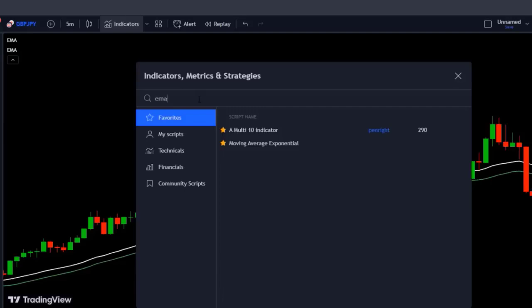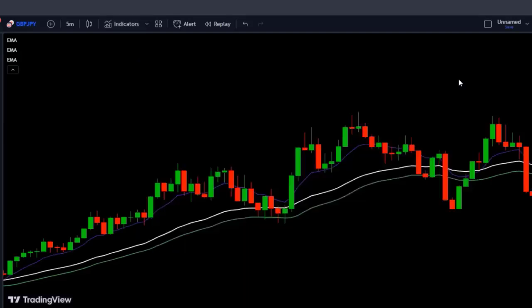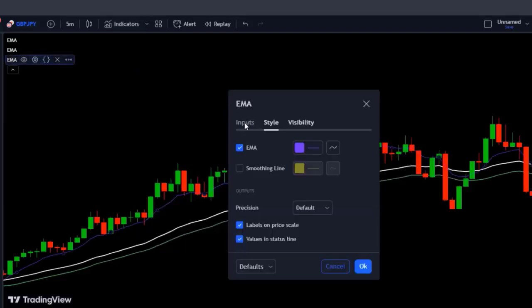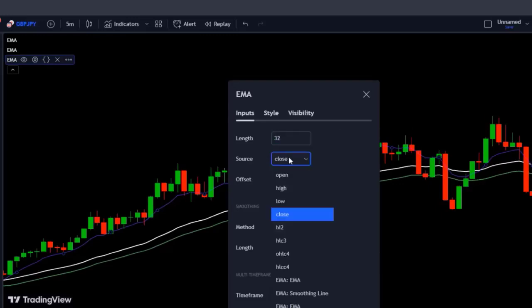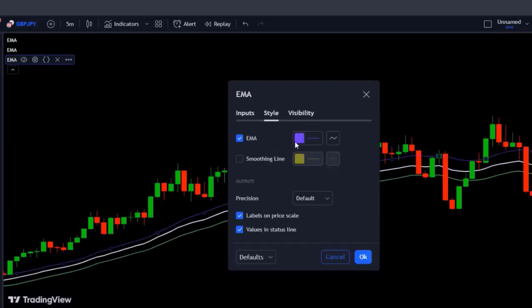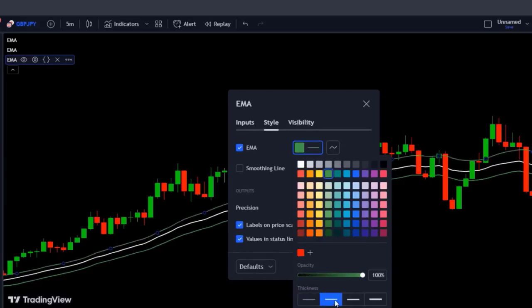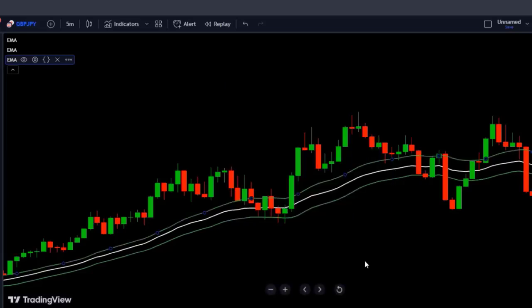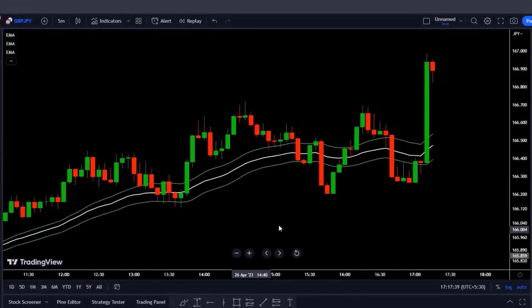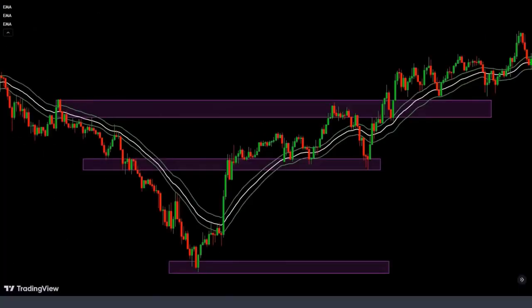Now, add the last exponential moving average to the chart. Go to the third EMA settings and change the length to 32 and change the source to high. I increase the line thickness. Now our first setup is ready. As I already mentioned earlier in the video, we will use these 3 moving averages as dynamic support and resistance